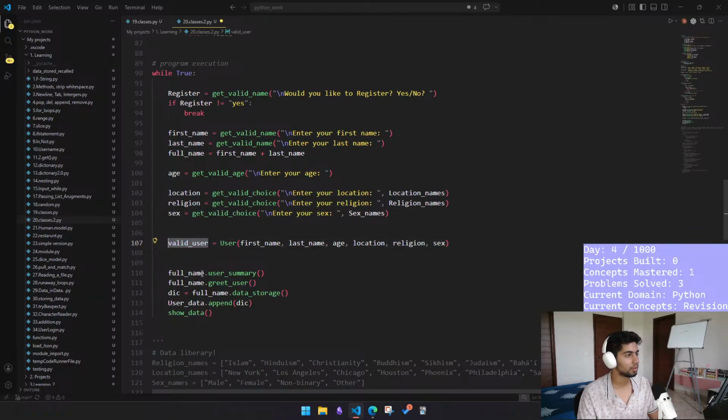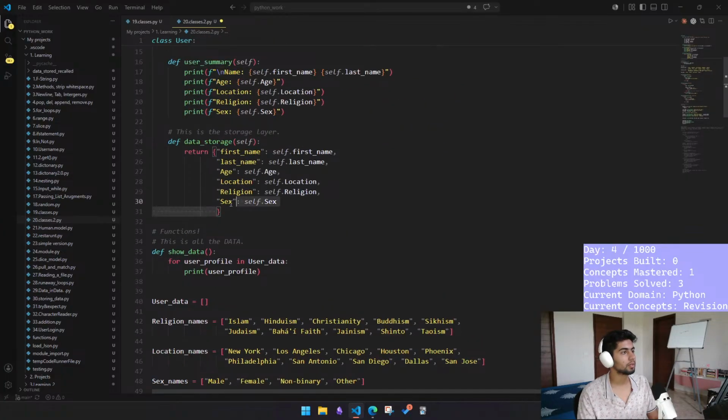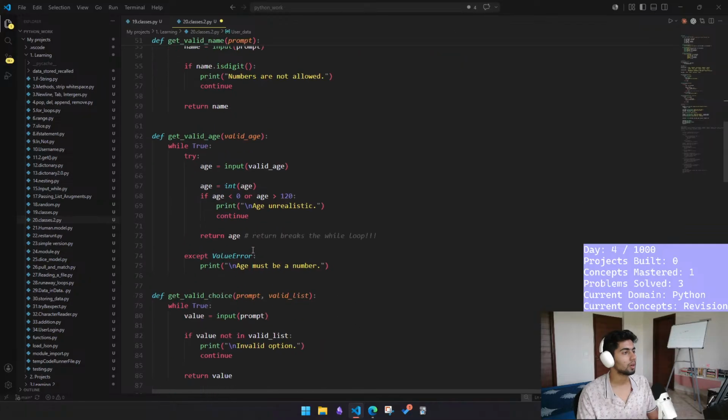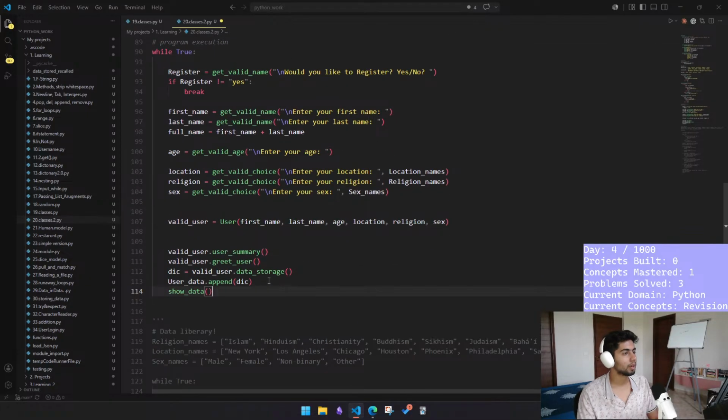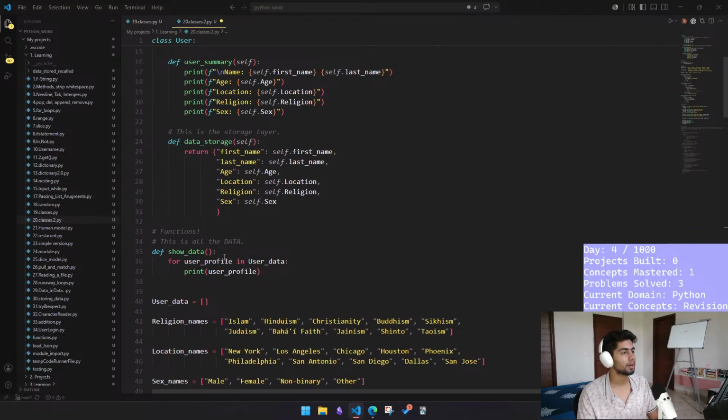So if valid user, we can just replace that with Control V, Control V. Data storage. But if you have a data storage, it returns this, right? So it returns, and that return got shoved into user data, right? It is data.append, and then we have a show data that shows us the data of user